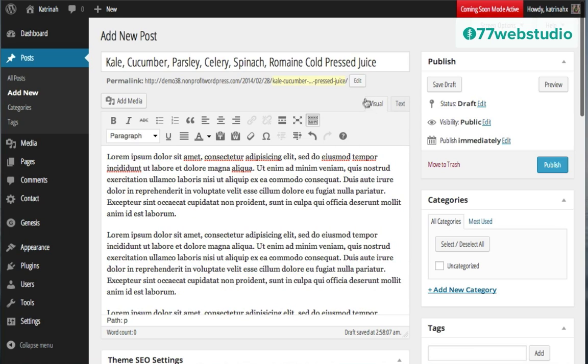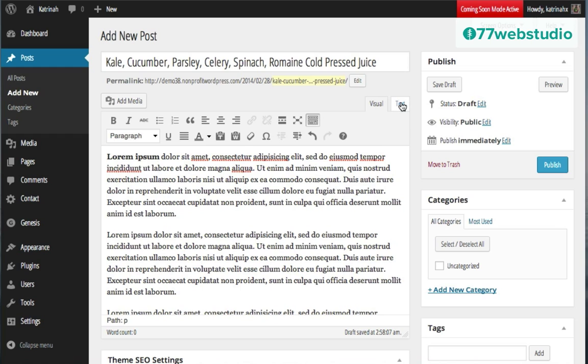And we can see here that I'm in the visual view, and then there's a text view. So if I want to format some of this content here, just like an email, I would highlight it, and then I would use whatever formatting icons here that I'd like. So if I want to bold this, I'd highlight these two words and click on the B to bold these two words. Now note that behind the scenes, WordPress is generating the HTML code, so this is also a great way to start learning HTML.